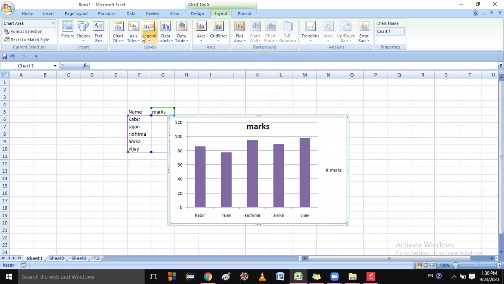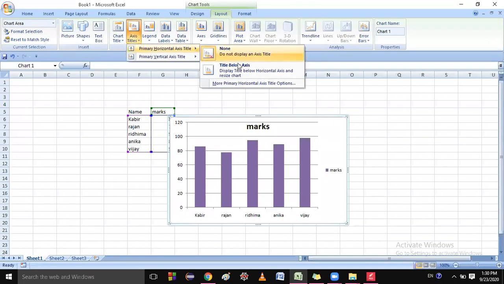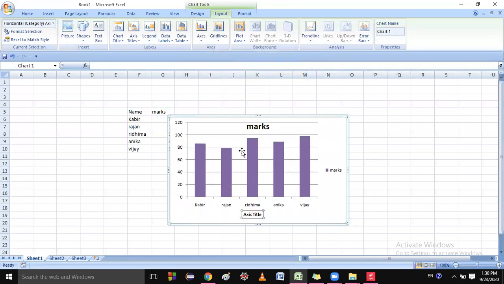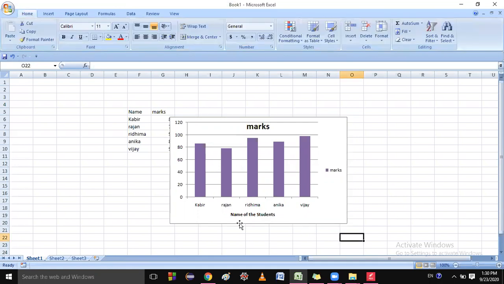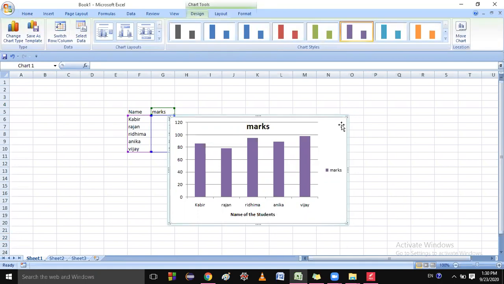Go to Layout and go to Axis Titles, Title Below Axis, name of the student. So you can write the x-axis title also. Is it clear to you?